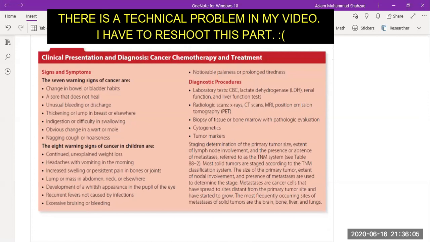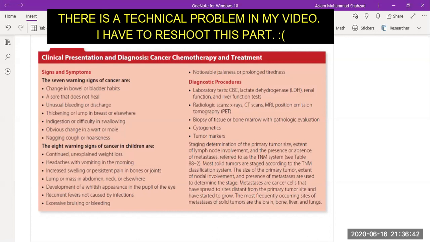So in the case of children who have cancer, we need to look for unexplained weight loss, headache with vomiting, increased swelling or persistent pain in bones or joints, a lump or mass in the abdomen, neck, or elsewhere, development of a whitish appearance in the pupil of the eye, recurrent fever that is not caused by infection, excessive bruising or bleeding, or noticeable paleness or prolonged tiredness. So in these seven warning signs of cancer, or the eight warning signs of cancer in children,